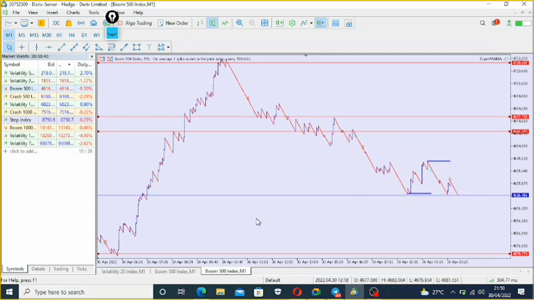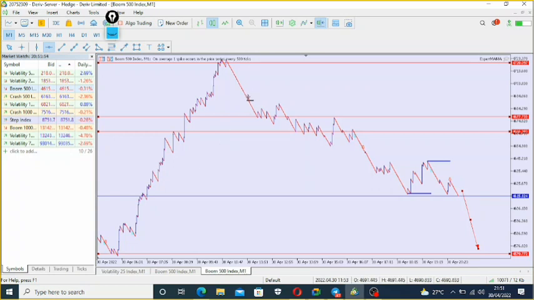And this market, as you are seeing, is still going to continue to sell. As I'm talking to you, Boom 500 is still going to continue to sell all the way to this point, right? You can see it has crossed this level and it's still selling. Now probably it might still retrace a little more, then it will continue as it is. And when you are setting your TP,